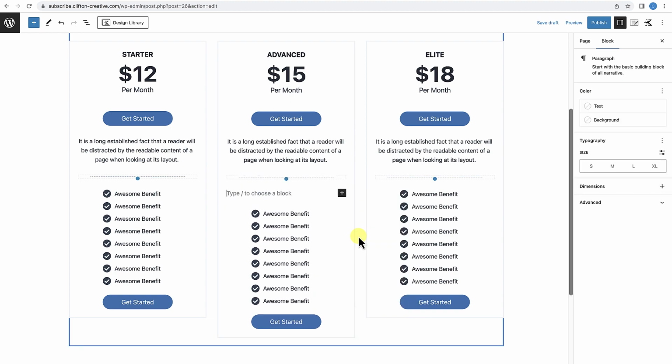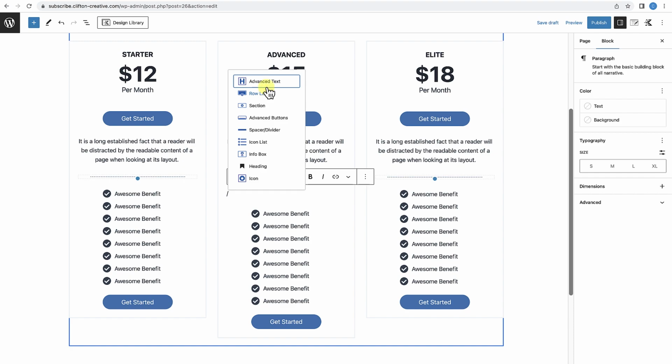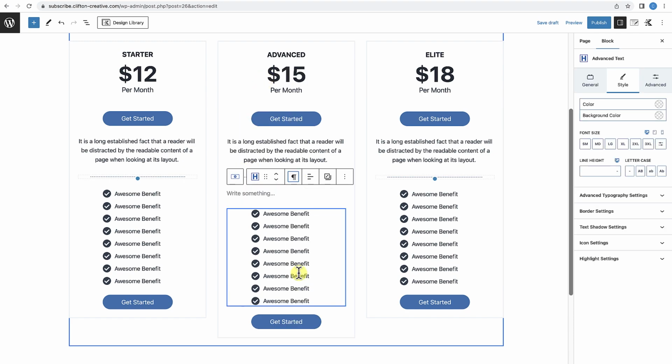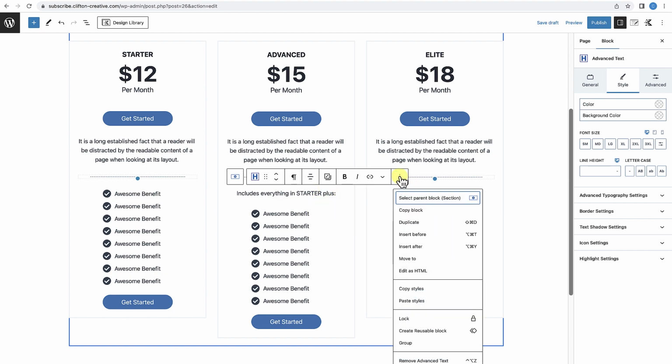I'm going to do a slash and we want some advanced text here. We're going to set this to be a paragraph, and we're going to say includes everything in starter plus, and a colon right there. And I'm going to center that text just like that. And then I'm going to copy this text